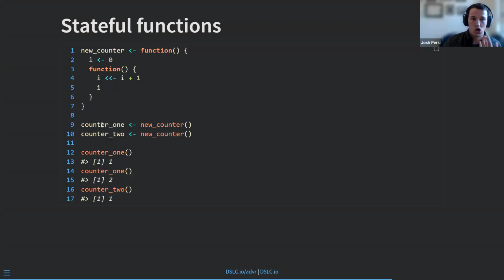You can create 2 new manufactured functions, counter 1 and counter 2, from the function factory new counter. Every time you call a manufactured function, you're incrementing. But as you can see, no matter how many times we call counter 1, counter 2 is unaffected because they have separate